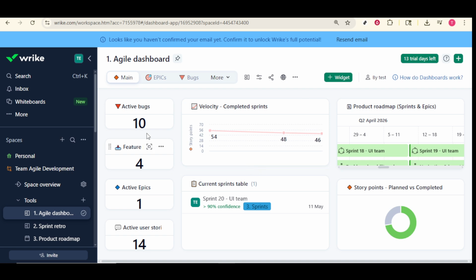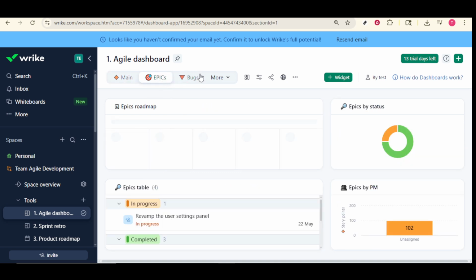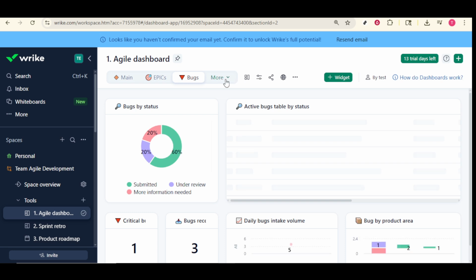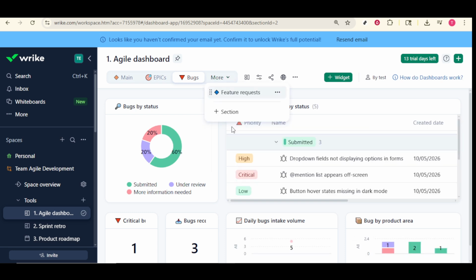As you navigate through these steps, remember that the goal is to streamline your processes and make it easier for everyone involved to keep up with project demands. Wrike's Agile module is designed to eliminate unnecessary complexity, giving you more time to focus on what really matters, delivering top-notch projects on time. By following these steps, you should be well on your way to mastering Agile project management